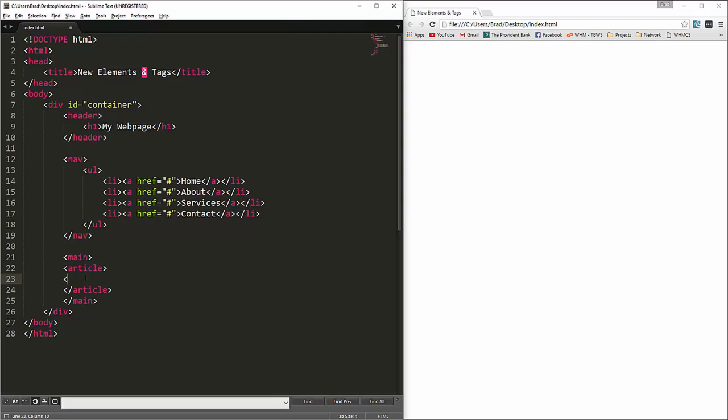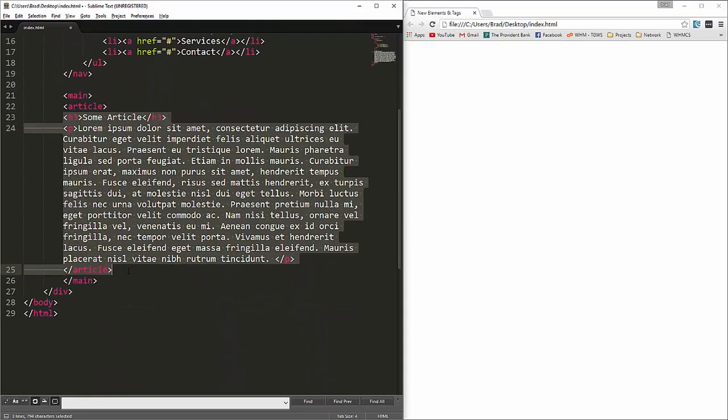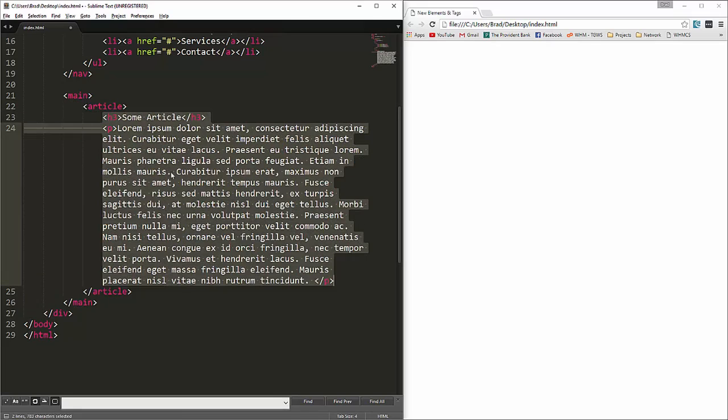And then in here we would have, let's say, an h3, which would be some article, and then I'm just going to paste in a long paragraph here. Then we might have another article,